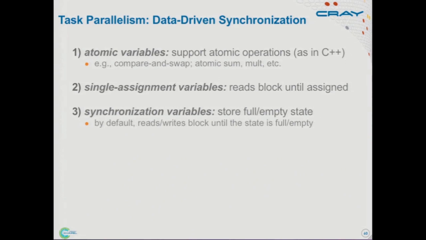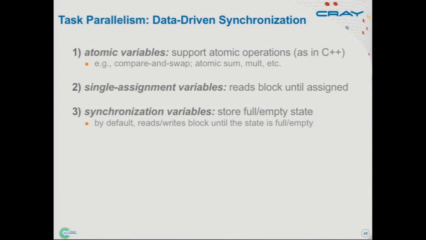The first are atomic variables. Even as recently as 10 years ago, not many people knew about these or used them, but they're coming around more and more. C++ has recently adopted them. I think C has an atomic in its standard as well. These are basically variables that support certain operations that are guaranteed to be atomic with respect to any other tasks that are running. We followed C++'s lead here, so if you're familiar with that, it's very similar in Chapel. You can do things like a compare and swap, or atomically add things or multiply things to a value.